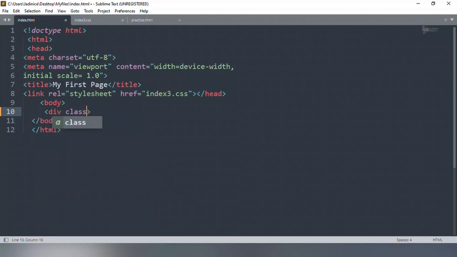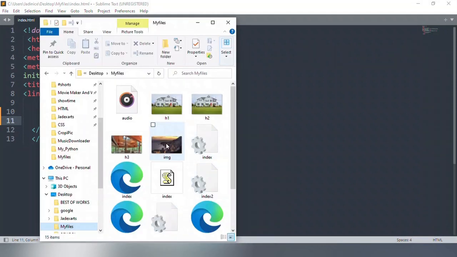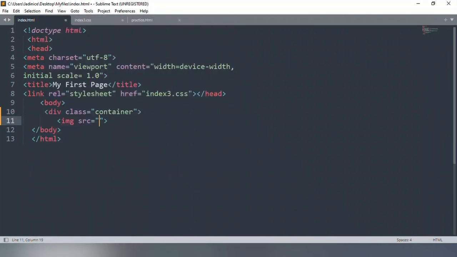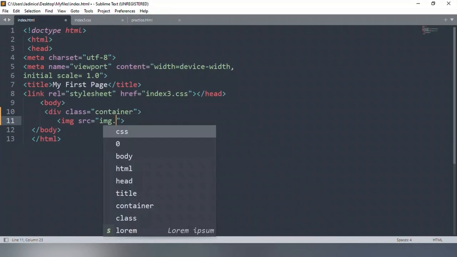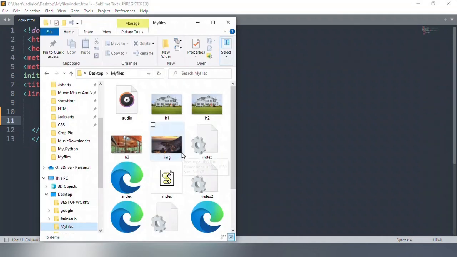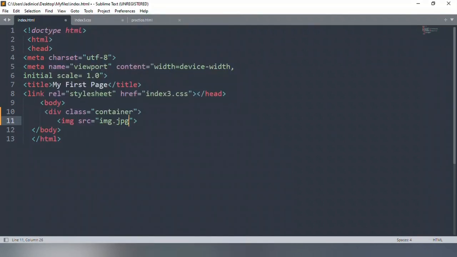So in creating a responsive image background, we are going to need to add our div class container, and we are going to have to add an image. Now please remember, this image has to be about 920 by 1080 pixels, like you see here. We're going to add it in our image source, image dot, mine happens to be JPG, so I'm going to add JPG.